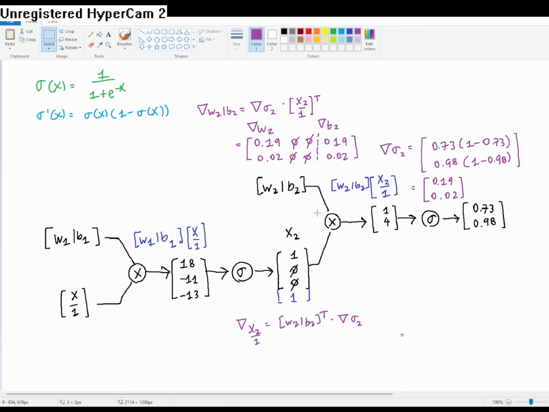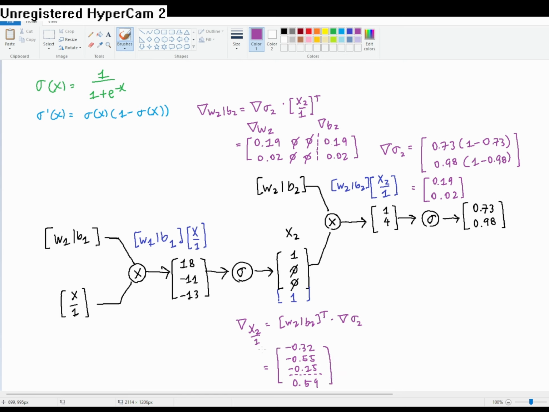Do the same thing down here to get a beautiful matrix that looks something like this. Negative 0.32, negative 0.55, negative 0.15. It looks like I ran out of space. Got to erase this real quick. And finally, a 0.59. And again, you can see that you can split it right here to get the